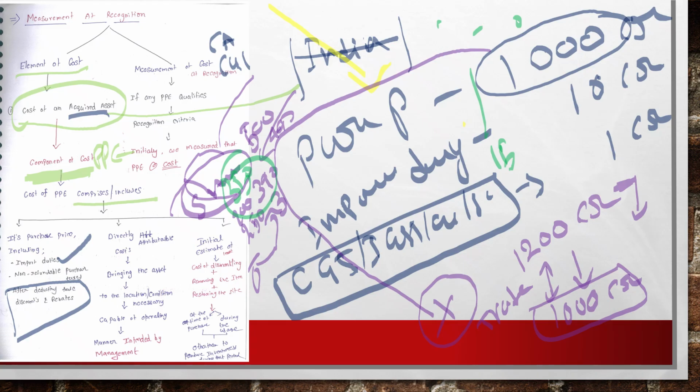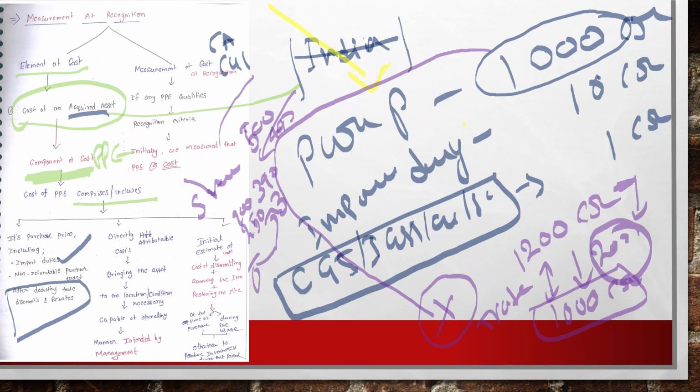This trade discount will not be accounted as PPE. You should not add this 200 crores to this PPE. So only 100 crores will be added here. So the actual cost of the shirt is 350 only, not 500. Your actual cost has to be that. So any trade discounts, I hope you understand the concept of trade discount. And then